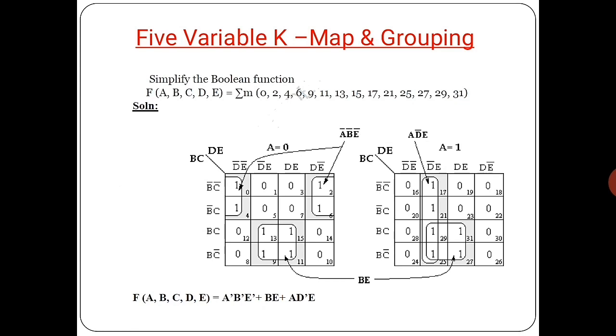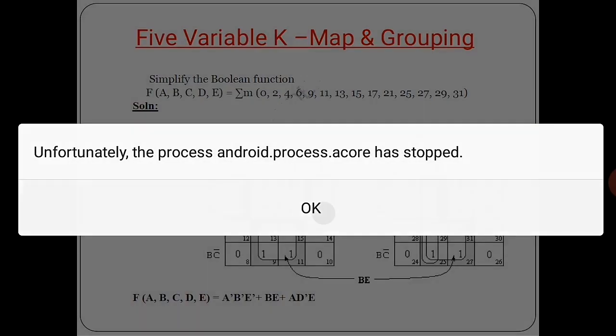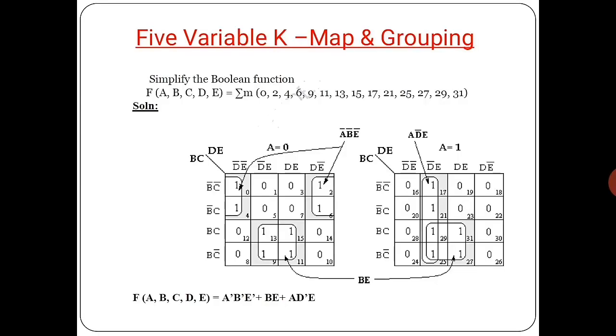So we can look at the particular Karnaugh map. We are having one adjacent group. Since both 16-cell Karnaugh maps have the same grouping, we don't worry about the A value. So now we can see B and E. They are the common variables for both groupings, so we are going to write them in the final expression.